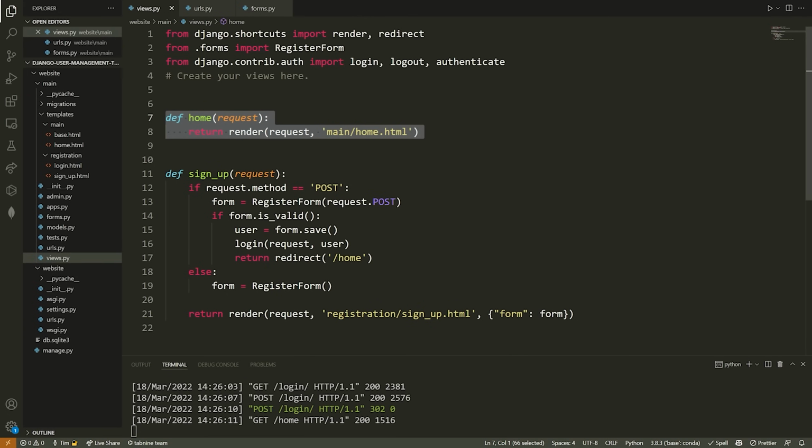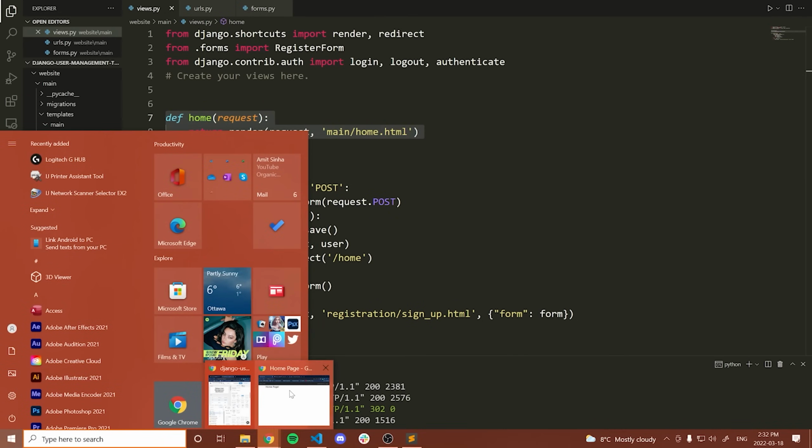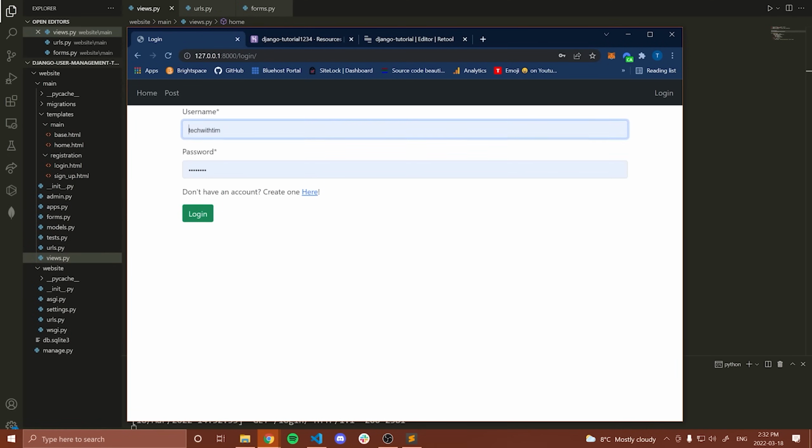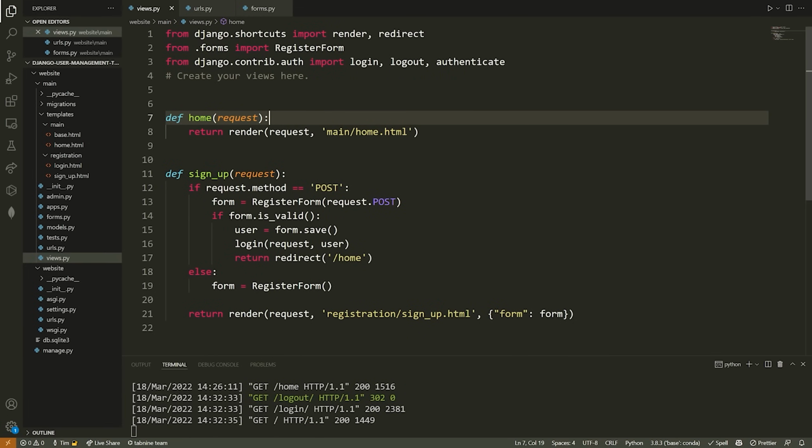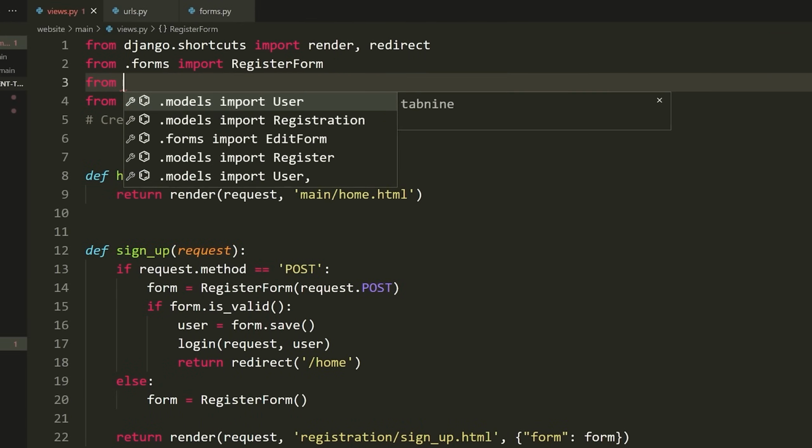And right now we can just go there, right? If I sign out, let's go back here, let's log out, and let's just go to / it brings me here, no problem. So ideally I want it to not let me go there if I'm not signed in. So how are we going to do that? Well, to do that, I can actually use a decorator on top of this function that requires that I'm logged in. So we're going to say from